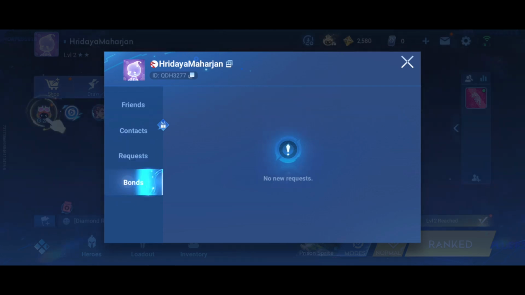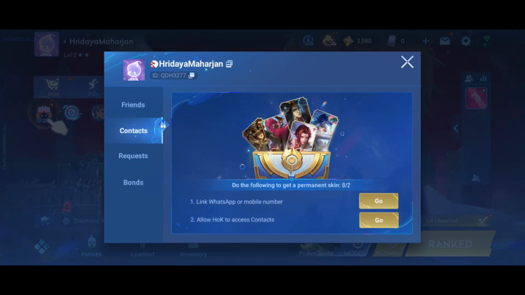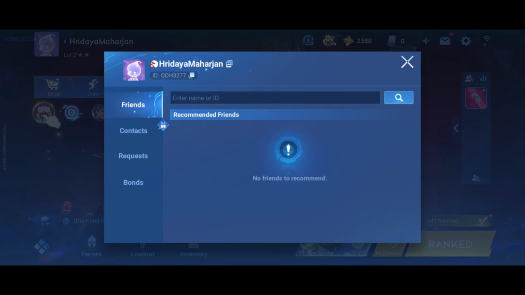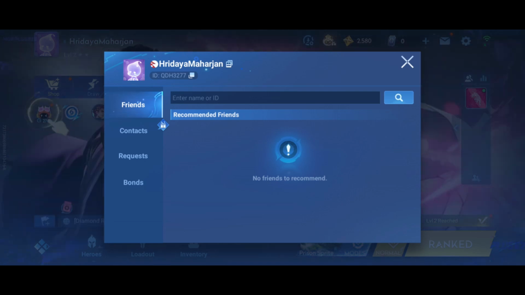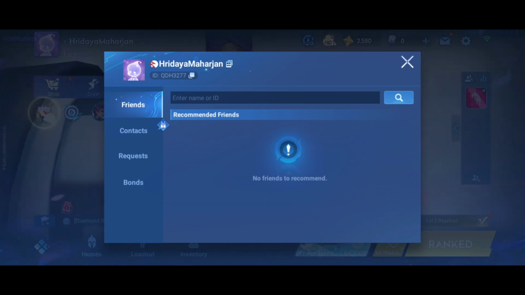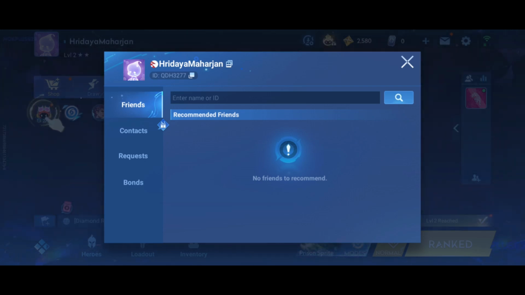Here on the bottom, there are different options like requests and contacts also. So you can directly share your UID with other players and they can even easily add you. Here on the top, you can even copy the text and copy your UID and share it among your friends in order to add them